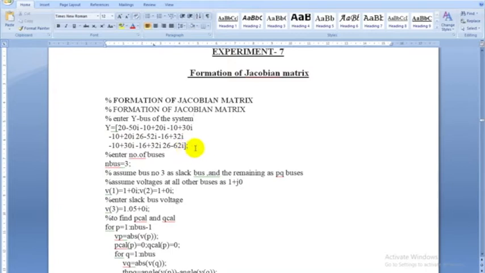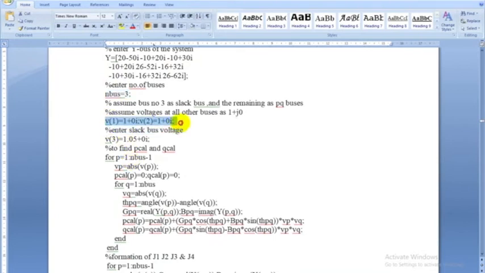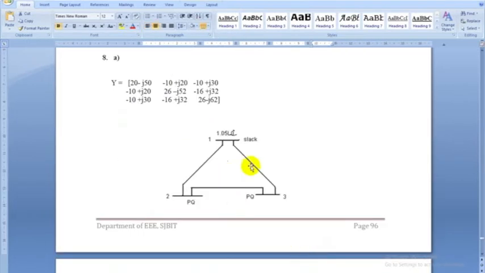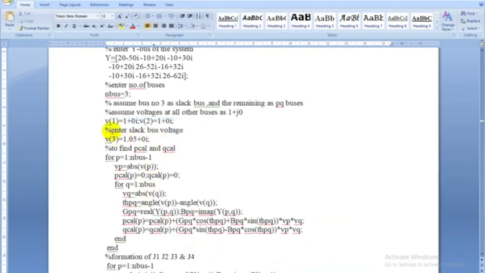And Y bus value, if I don't want to see, because once we have fetched, then semicolon you give, and then number of buses are 3 as you know, and then voltage at the first bus and second bus, we have just taken the naming differently here. Okay, why? Because the calculation becomes easy when you consider the naming in a different way. Instead of first bus is slack bus, I consider third bus as slack bus, first and second buses are load buses. That's all. Okay, just naming we are changing. So first and second buses are load buses whose voltages are not given.